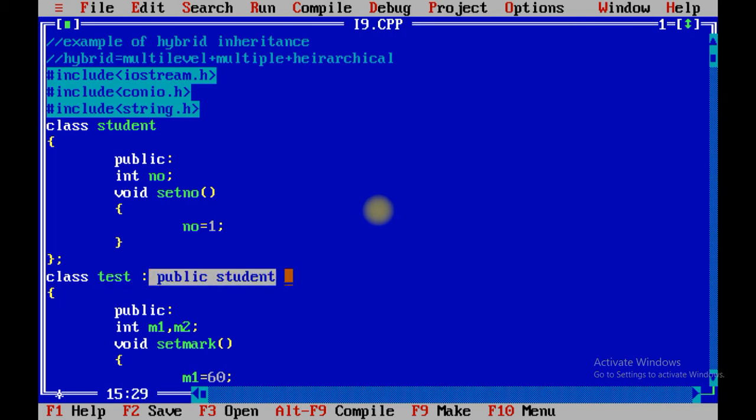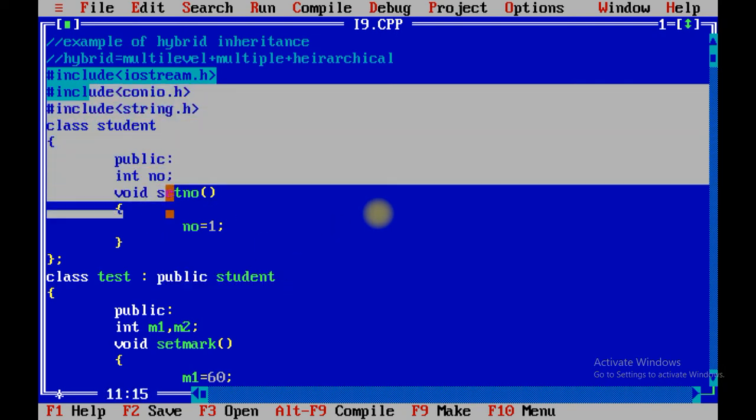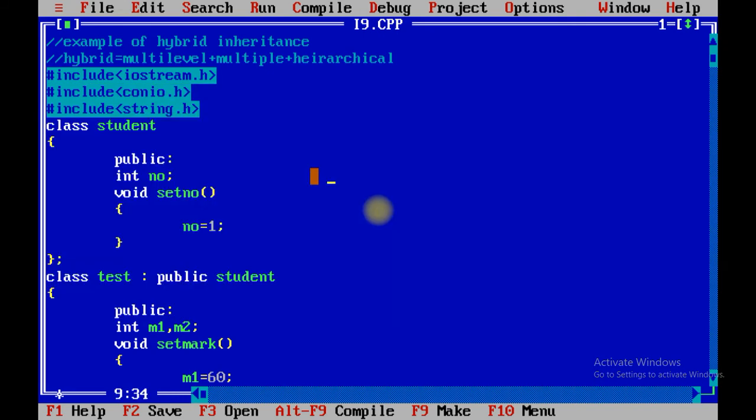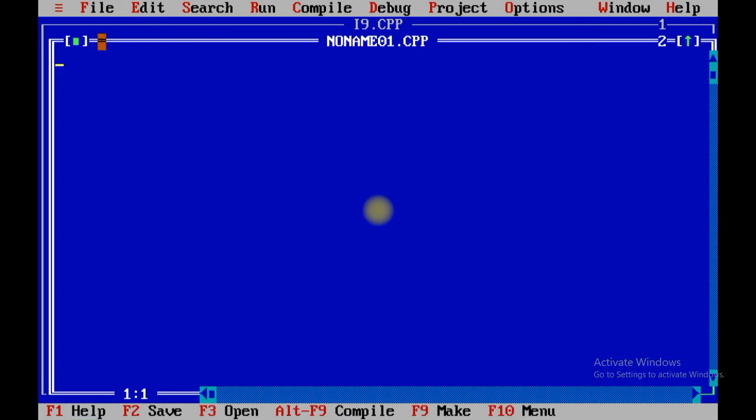That means, consider the case of 100 rupees, right? Right now if you are going to apply it in this particular program, at that time both the classes contain 100 rupees, which is not the case. To avoid such kind of problem, you have the concept of virtual.